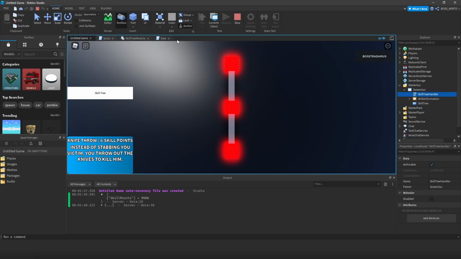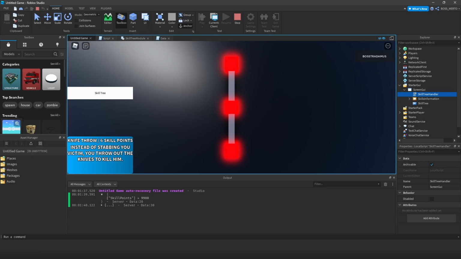Okay, and we also have to load the skills we have already unlocked because they are green, so we have to load them on the client as well. Okay, so those are the two main things which we have to take care of. And there is even a third thing which we have to take care of, and then we can really consider the series as done. And this one is that there has to be